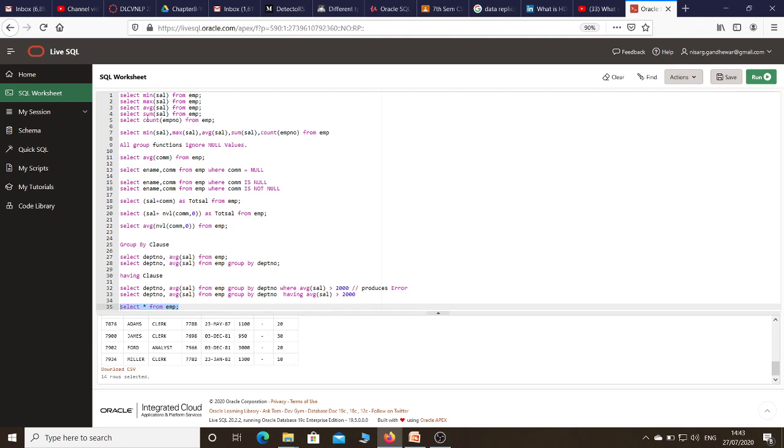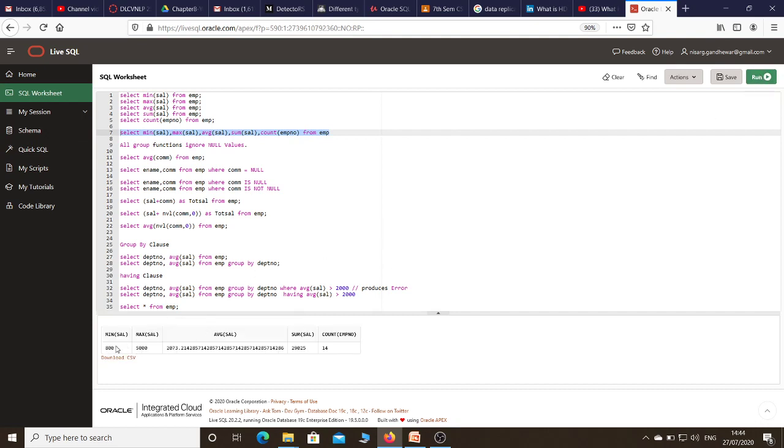So in this way we make use of different aggregate functions to perform different tasks. Now suppose I need to display all this in a single line, so that is also possible. By writing a single query, I can find minimum salary, maximum salary, average salary, total salary, as well as the count of the number of employees. Simply I will write all these functions separated by commas and execute it.